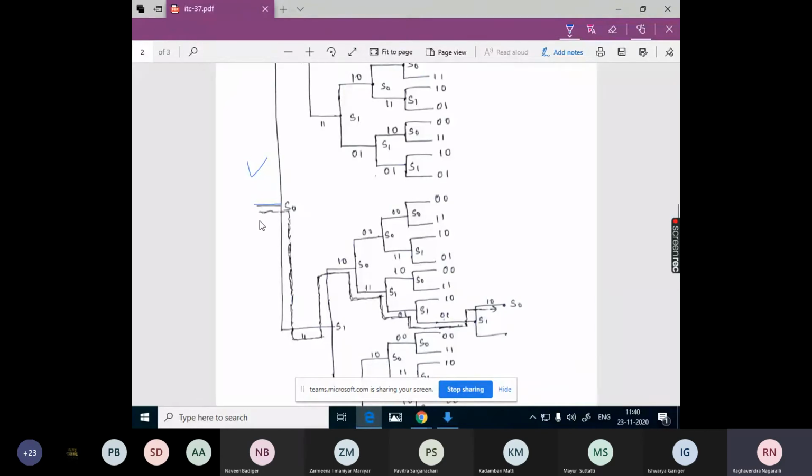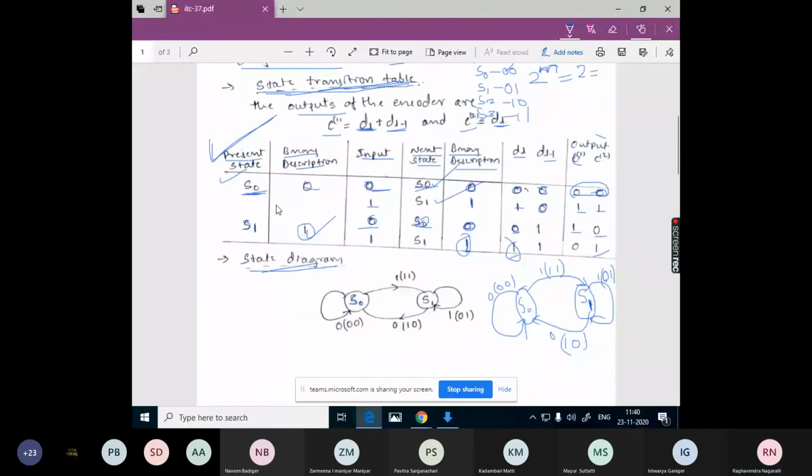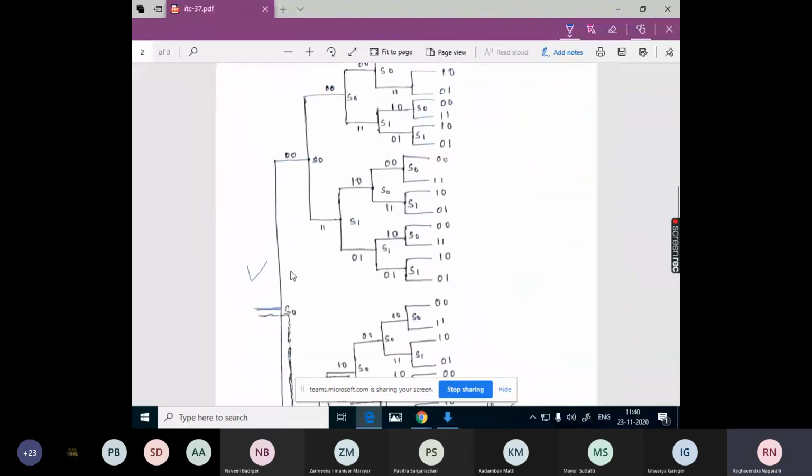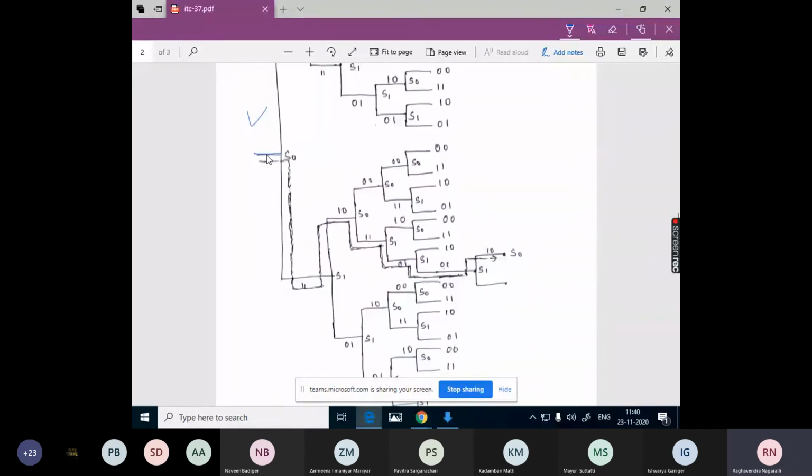Always before starting the operation of this encoder, the contents of the flip-flop will be 0 0. If it is a single flip-flop, then it is 0. Multiple flip-flops, multiple zeros. That's why we always start with the all 0 state. In this given example, the all 0 state is S0. So we will start with S0.